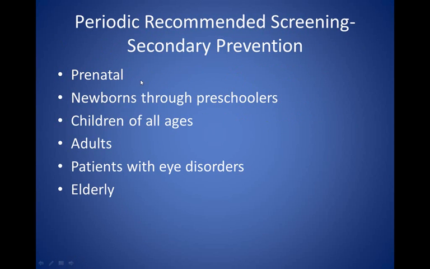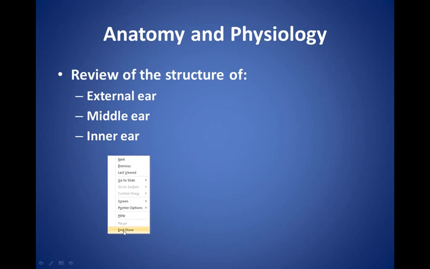Secondary prevention, when do we see how people's eyes are doing? Prenatal, newborn through preschoolers, anyone who complains of eye problems. Adults, you want to get an eye exam every other year until the age of 40, and then you want to get an eye exam yearly after that. If you have eye problems, whether you're a child or any age, you need to get your eyes checked every year, and the elderly need to get their eyes checked yearly. That's all for the